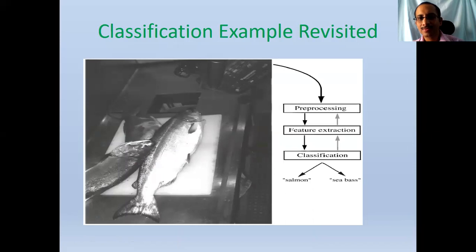So there will be a particular length at which the number of samples of salmon will be peaking, and at a particular length the number of samples of sea bass will be peaking, and there will be a length in between at which both will come to a critically low value. We should try to find that critical low value.